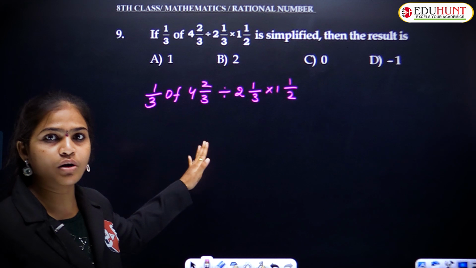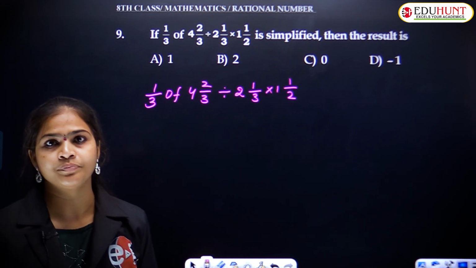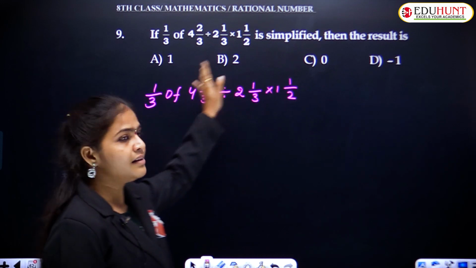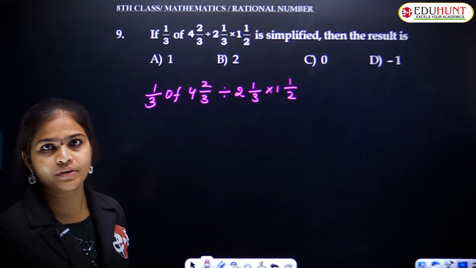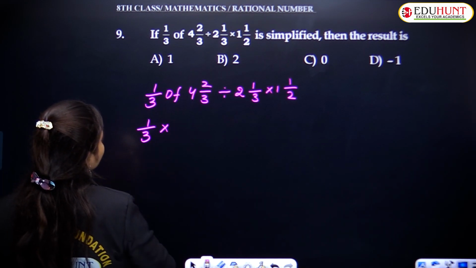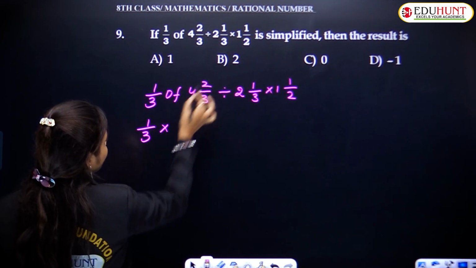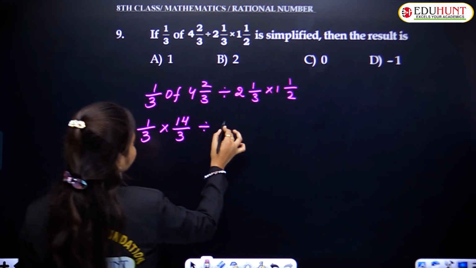Then the first fundamental operation, division, then multiplication, next addition, after that subtraction. So here 1 by 3 of 4 and 2 by 3: 3 fours are 12 plus 2, 14 by 3,